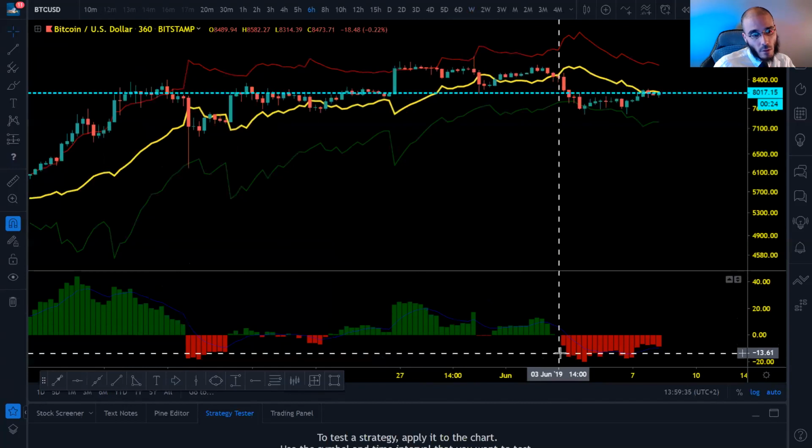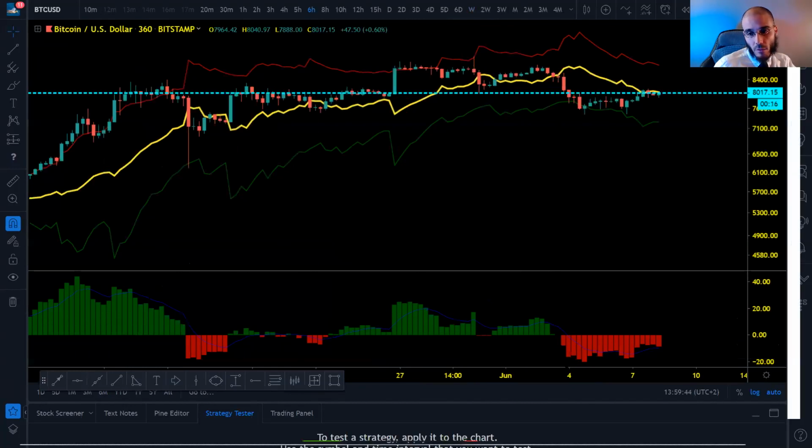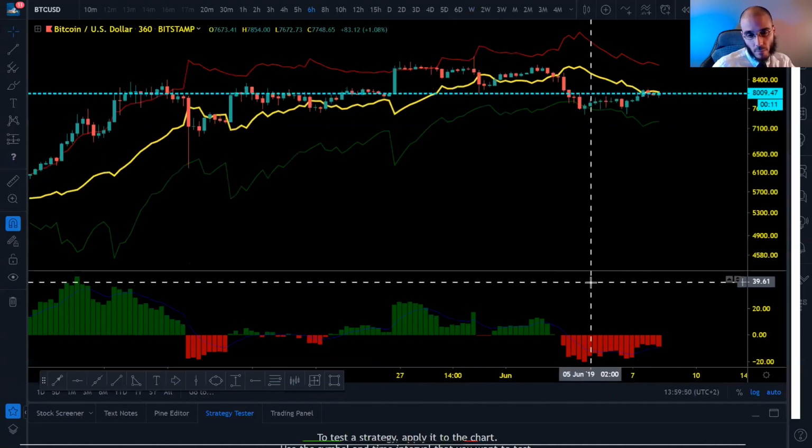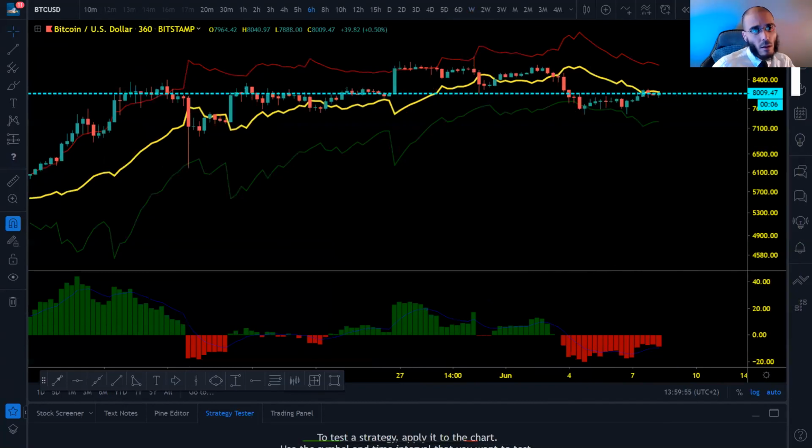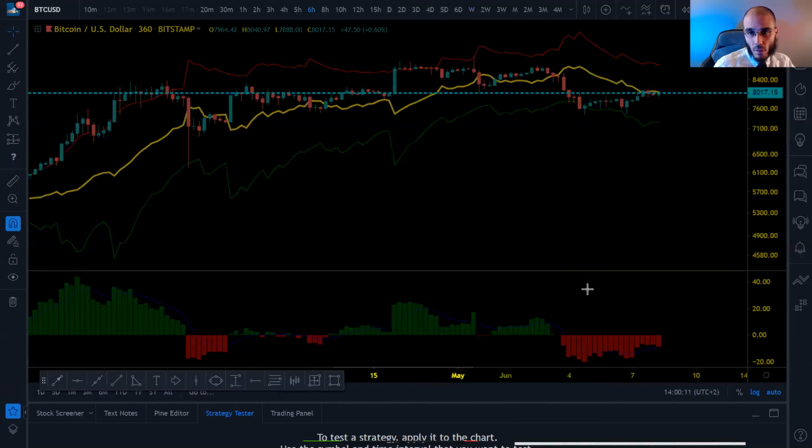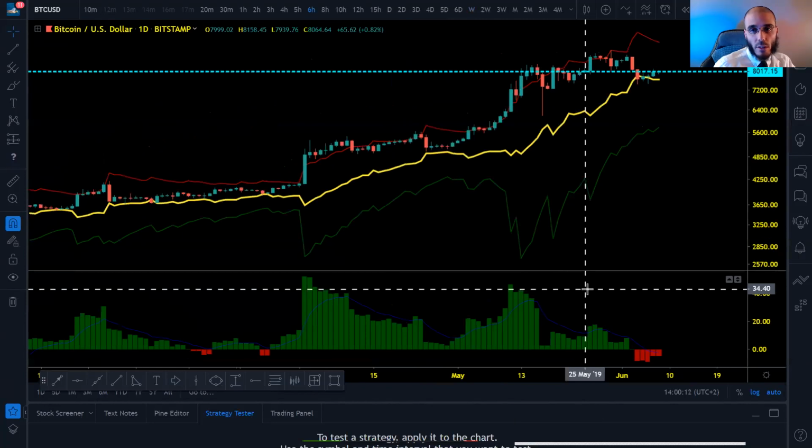Here we have the Madrid moving average rebound, and 6-hour chart is negative. You can see it here, because you're below the middle line. Actually, no, yeah, I'm sorry. I'm mistaking the indicator we are looking at. We're looking at RSI bands. Next one will be the Madrid moving average, but now we will look at the RSI bands. And 6 hours is negative. 1 day is positive.